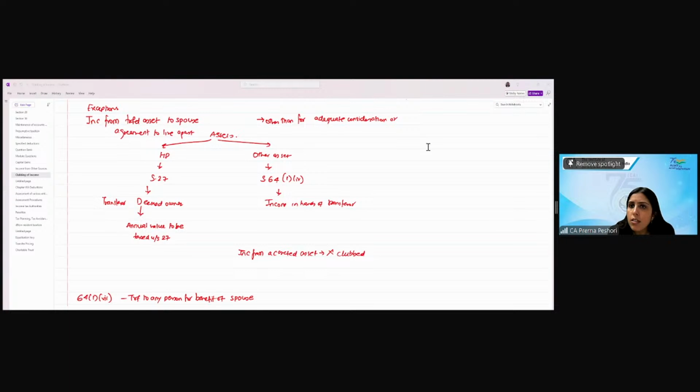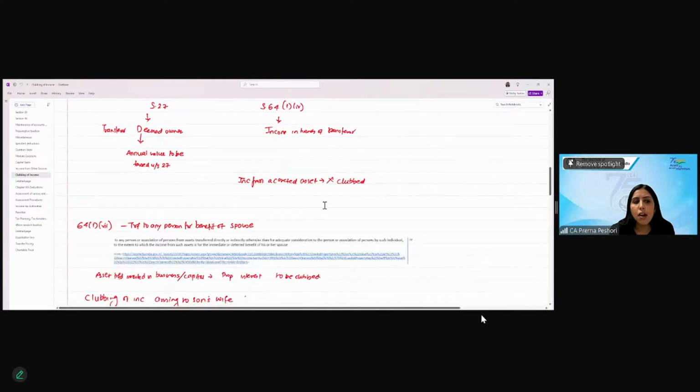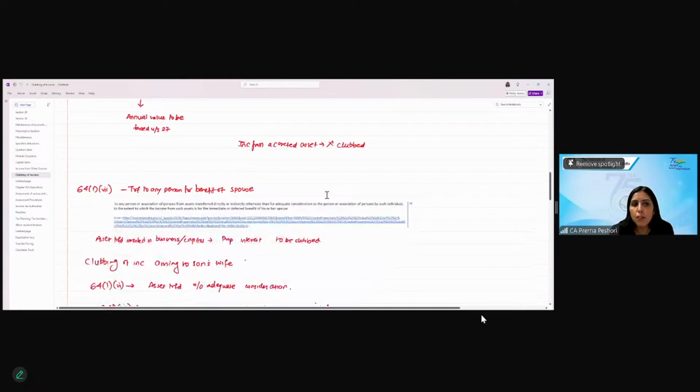No, right? Because this is the gift from the relative. He has received it from the relative, and in that case, 56(2)(x) is not applicable. Clear? Then transfer to any person for the benefit of spouse. So if I transfer the asset to a concern or to any other person or to any association of person,